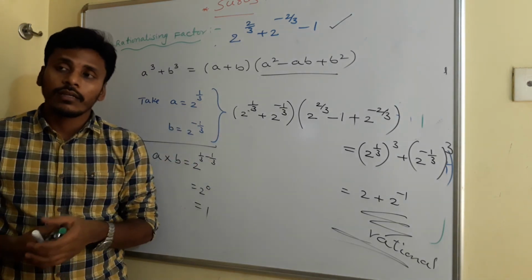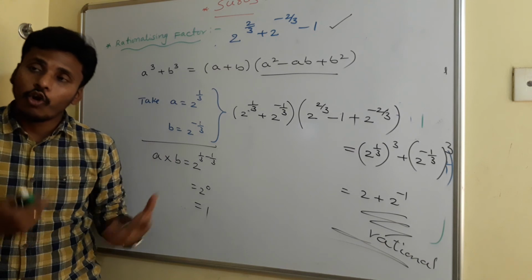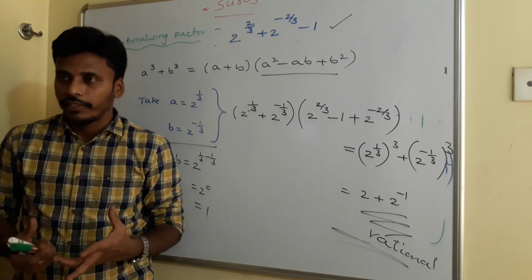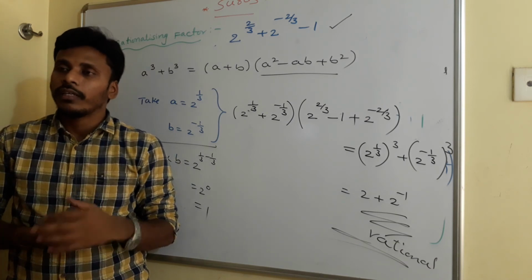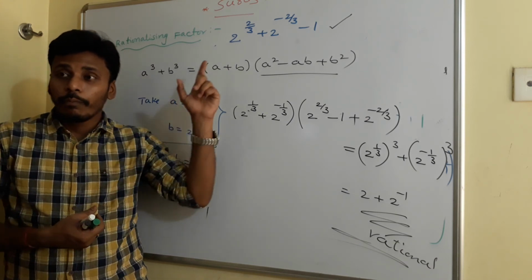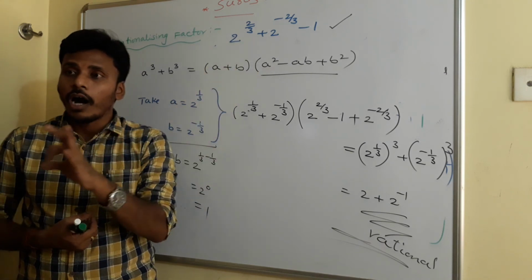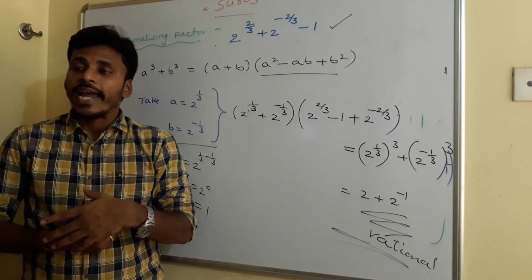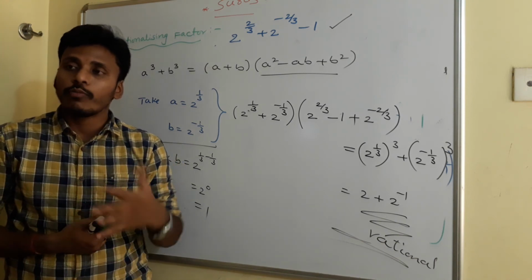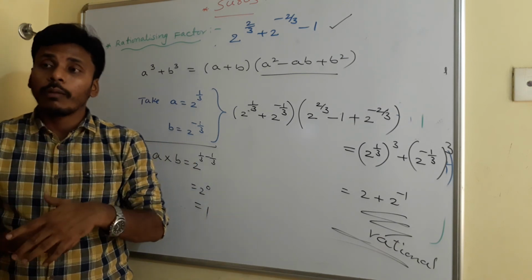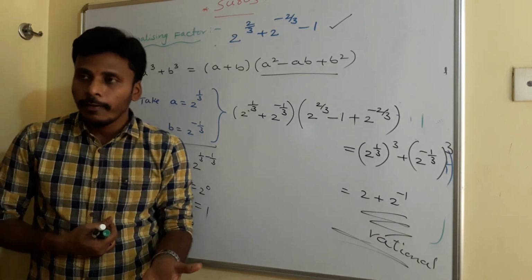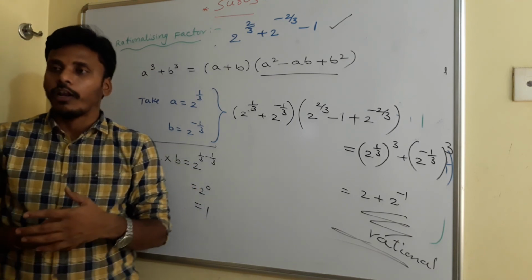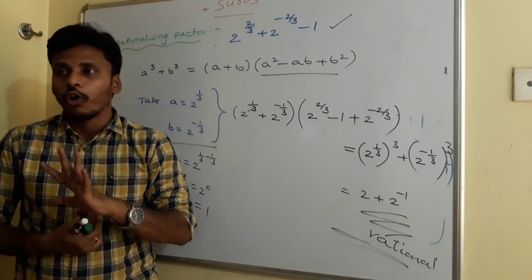So like this, to find the rationalizing factors for binomial, trinomial and multinomial surds, you need to utilize different algebraic identities as per the order of the surd involved in the problem. Here power 1 by 3 means third order surds are involved. Since third order surds are involved, I am utilizing the identities corresponding to a cube plus b cube and a cube minus b cube. If the problem involves fourth order, I go with a power 4 minus b power 4 and a power 4 plus b power 4 formulas. If it involves power 5, again I go with those formulas.